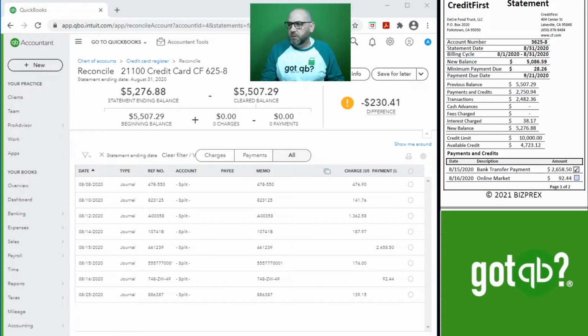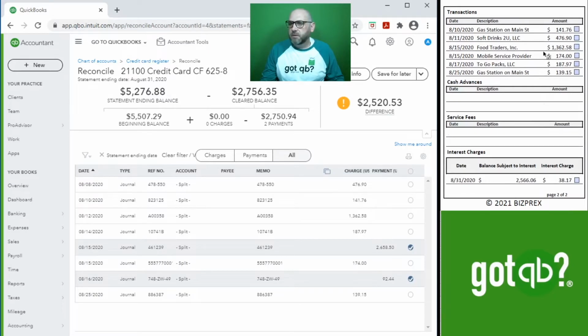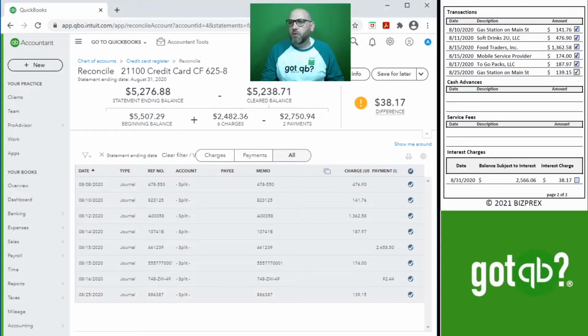Okay, so here's our payment. Here's our refund. All right, here's some of our transactions. Let's make sure we reflect those accurately. Okay, and we're off by $38.17, and that is our finance charge that we would normally book, right, at